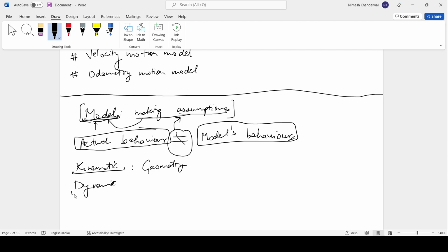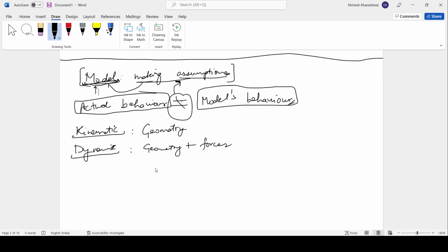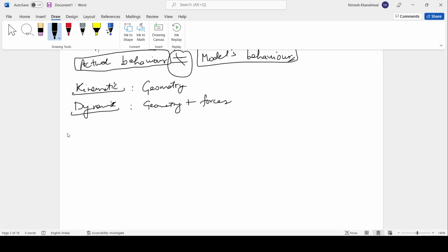And then there can be a dynamic model, which tells you the relationship between the geometry and forces. So, for example, when we were doing the robot arm, we assumed